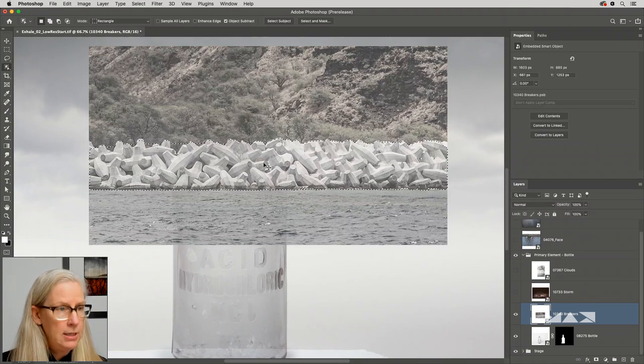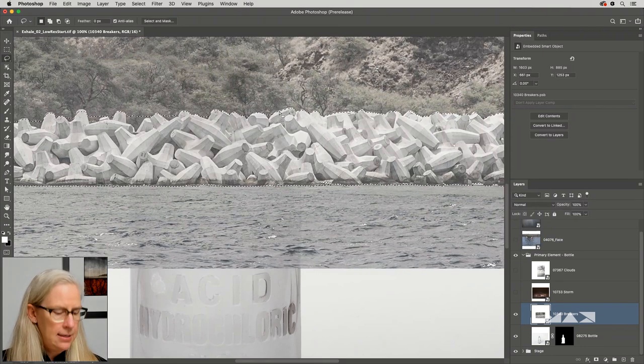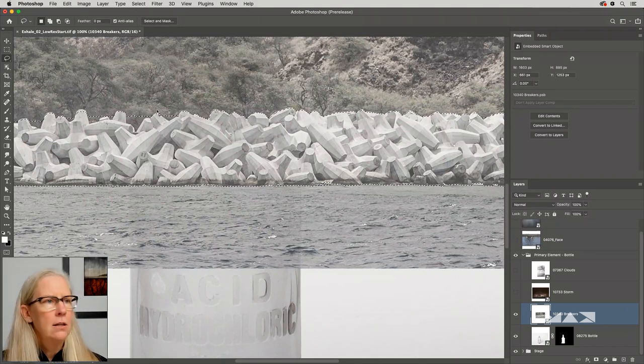And if we zoom in to 100%, we can see it didn't quite get the selection correct there. So again, I'll switch to the lasso tool. And then I'm just going to hold down the Option key because I want to delete that extra area there. So Option key on Mac, that would be the Alt key on Windows. And I like the selection there. That's good. All right, I don't really care about that area over there.